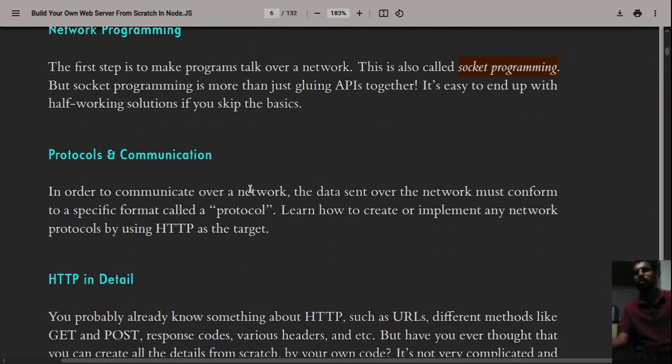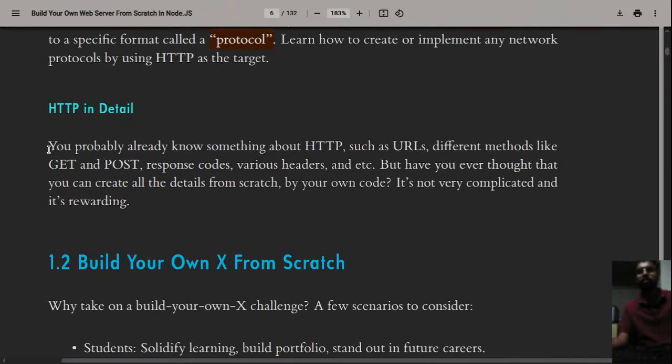This is really the simple definition of that. We can go really deep into protocols and all this stuff, but for now I think this knowledge would be enough. We already know something about HTTP, such as URLs, different methods like GET and POST, response codes, various headers, etc. But